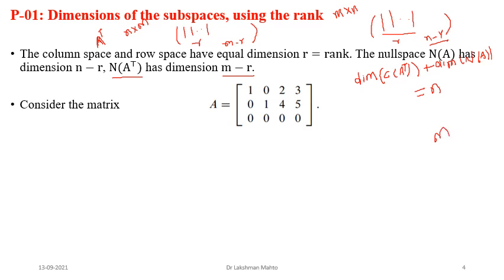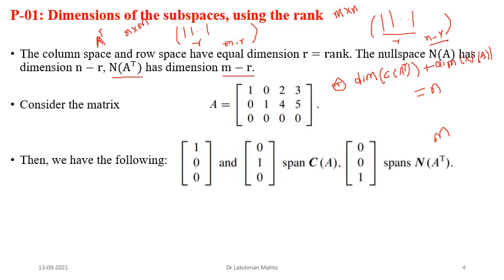So these two laws we are calling part 1 of the fundamental theorem of linear algebra. This one is the part 1 of that. So as an example, here I have taken again the same matrix which is already in reduced form. So you can look into here. The first two columns happen to be pivot columns, and the last two are non-pivot columns. So we'll observe that the first two columns will span the column space of A, and 0 0 1 will span the null space of A transpose, and both are in the target space.